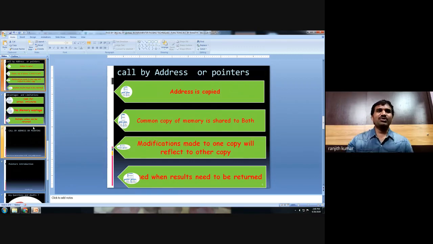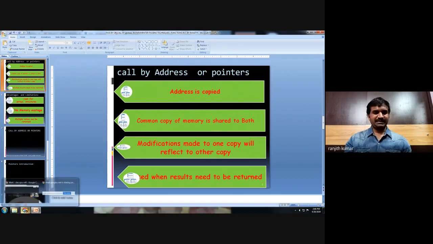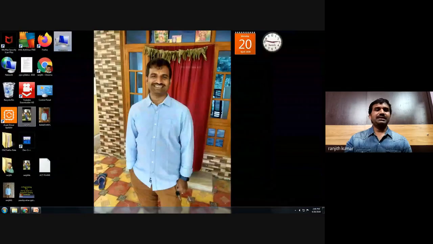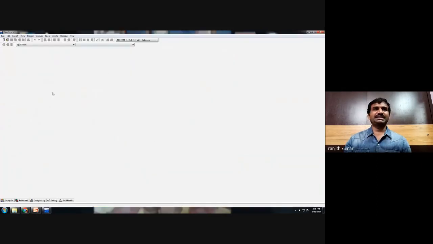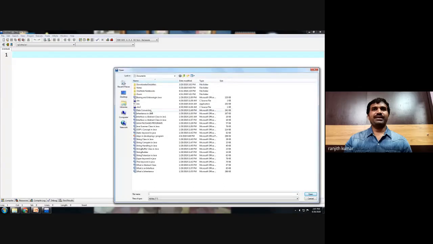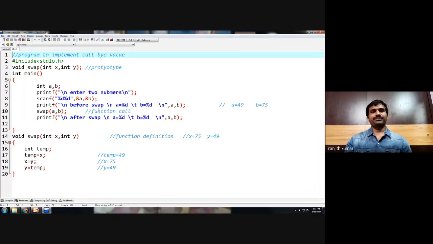Now let us demonstrate the call by address parameter passing technique. We use Dev C++ for demonstrating this. In the previous program we did call by value.